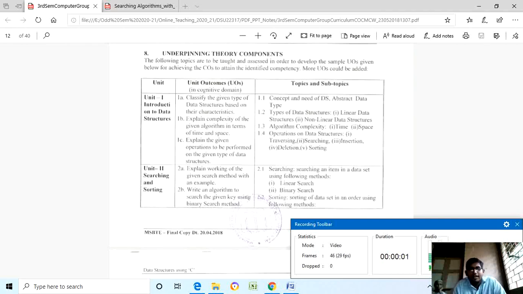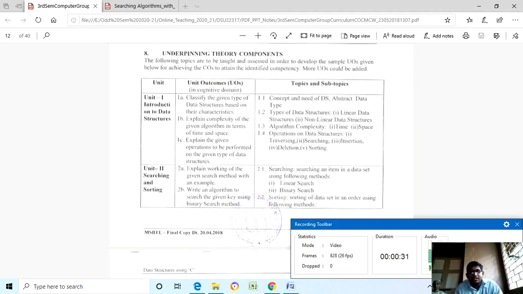Hello friends, in the last lecture series we have seen the definition of data structure, and also the need of data structure. Then we have also seen there are different types of data structure. One is called a linear data structure, and the example of linear data structure is an array, and another is called a non-linear data structure. Examples are tree or graph. We will discuss these types in detail as we proceed in this particular course.